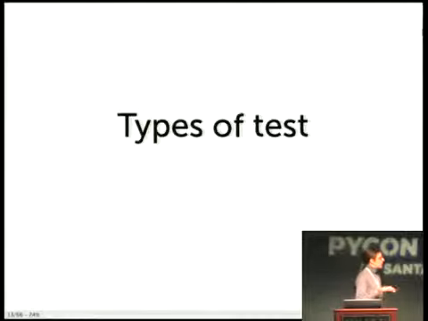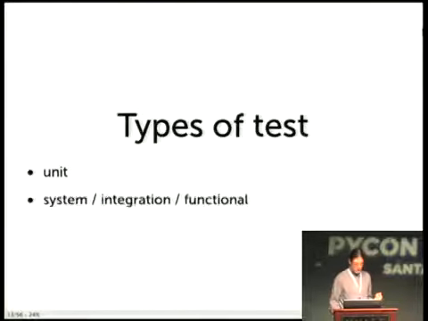Okay, I'm going to talk a little bit about testing models and testing views, some different kinds of tests you might write. Before that, I'm going to do a little review of two overarching types of tests. These next few slides are really a much inferior restatement of Gary Bernhardt's excellent fast test, slow test talk from yesterday. So you should really go check out the video for that talk, but I'll try to do it in like 2 minutes here. Here are the two types of tests I'm talking about: a unit test versus a